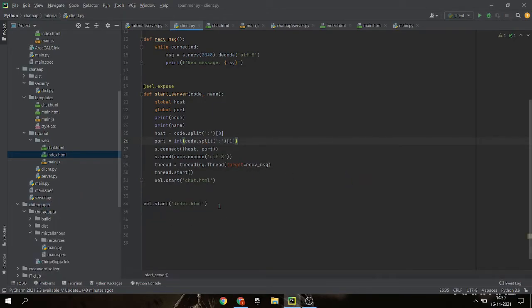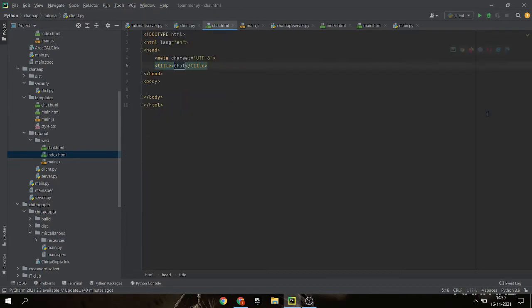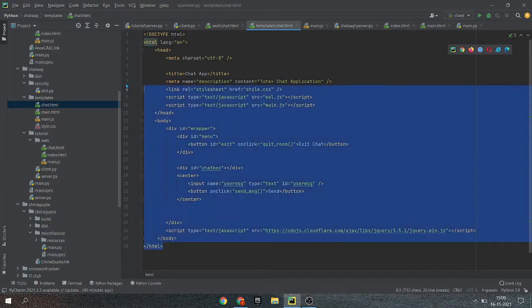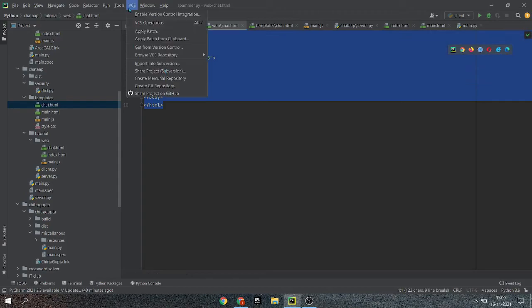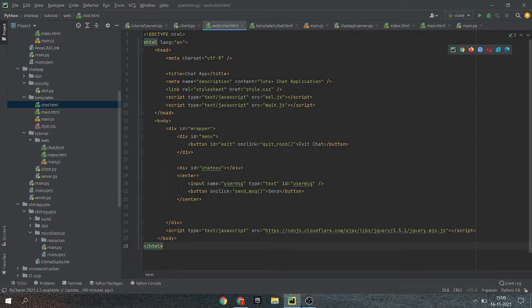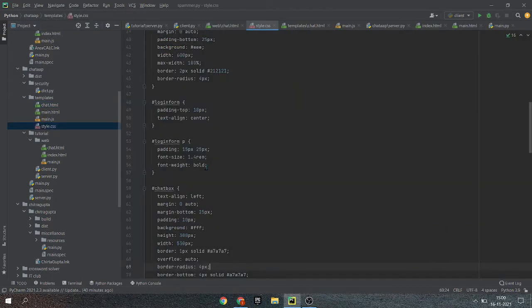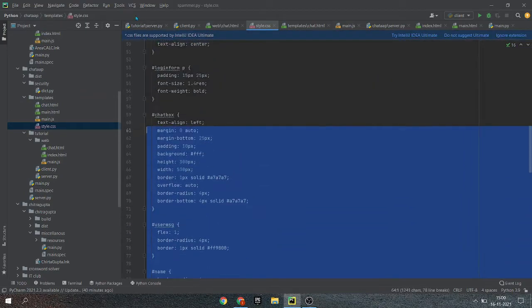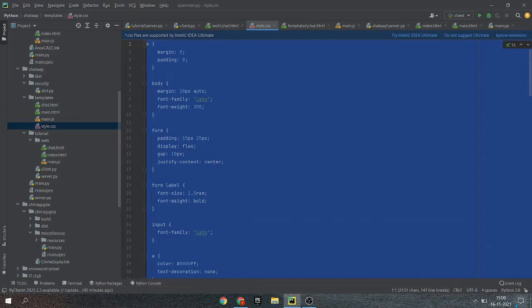Now we have to start by making the UI for the chat app. I have already made it. I just can't find where it is. Now I'll post this code in the description. You can just paste it in here, and this will also need a CSS file which I am importing here. I made that also, which I will be linking in the description. You copy that also,